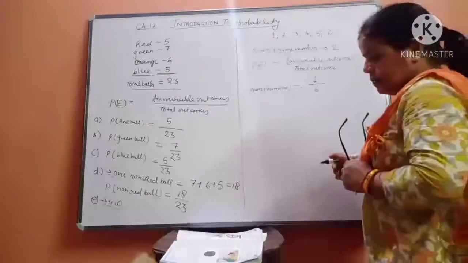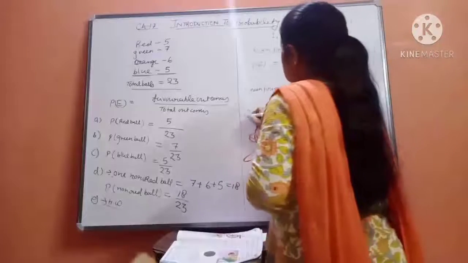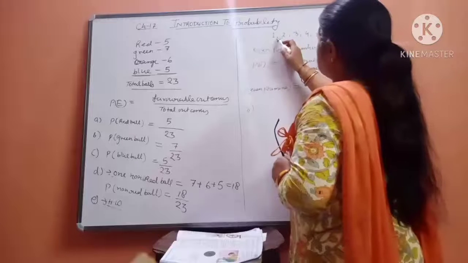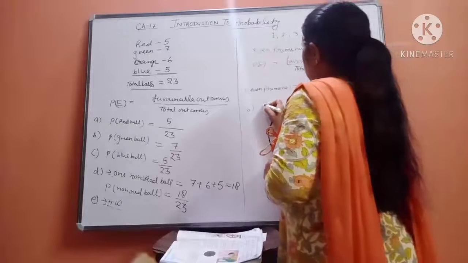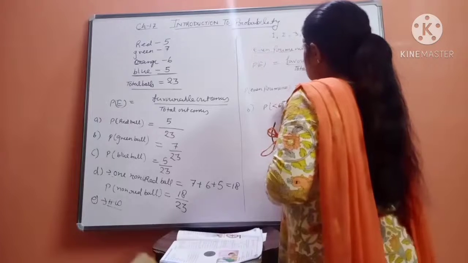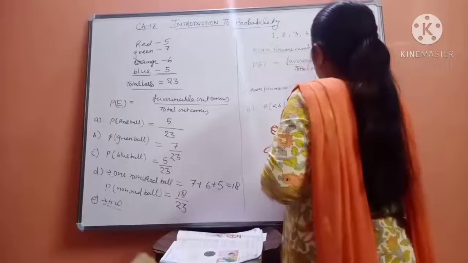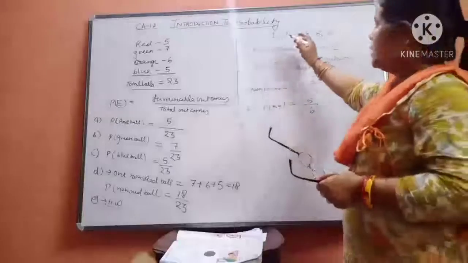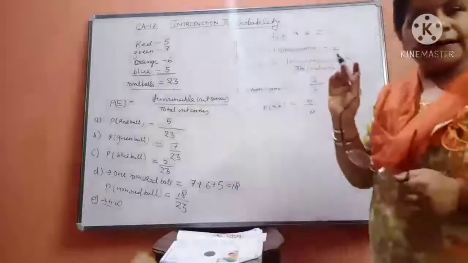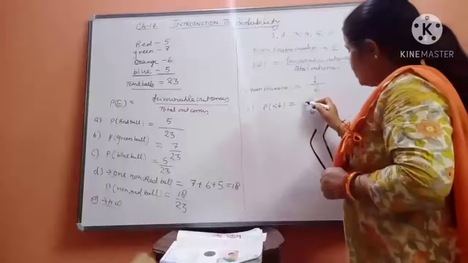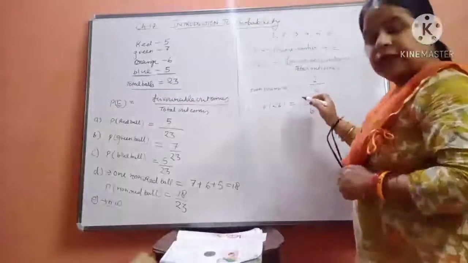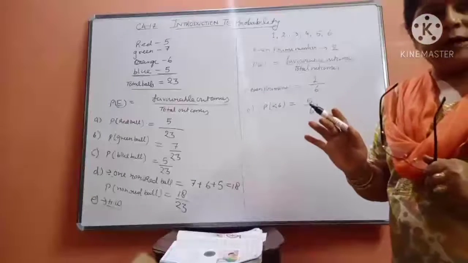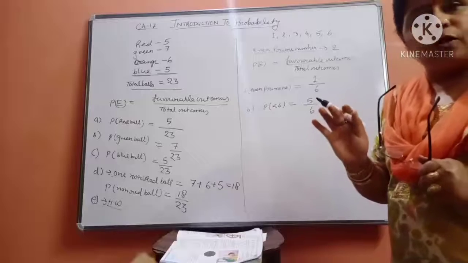Now see the number less than 6. B part is the number less than 6. So number less than 6, how many numbers are there? How many chances are there? 1, 2, 3, 4, 5. So probability of number less than 6 is equal to how many? 5 upon 6. Favorable chances are, it may be 1, it may be 2, 3, 4 or 5. Anything. Okay. I am repeating, beta, we are not writing value. हम यहाँ पर value नहीं लिख रहे हैं. We are writing how many chances we have, about the chances, not about the value of the particular number.